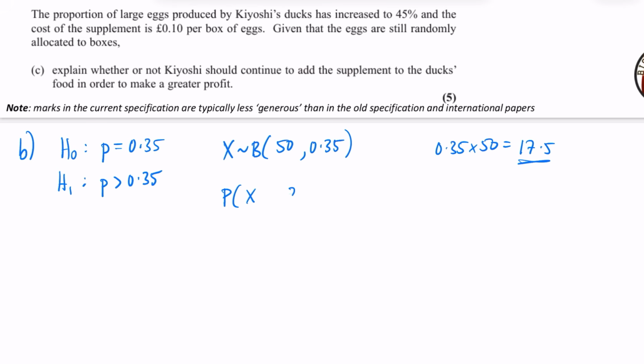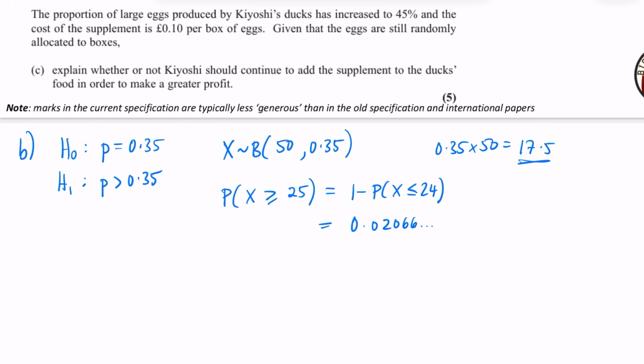So the probability when he saw that 25 of them are large, well, the inequality sign is going to be that or more extreme. And more extreme is saying it's further away from the 17.5, so anything bigger than 17.5 is considered more extreme. So we're going to say, what's the probability that x is greater than or equal to 25? If you don't have the graphics calculator, you will do 1 minus the probability that x is less than or equal to 24. But I think I can do that on my calculator straight away. So I'm going to do my greater than or equal to 25, 50 eggs at 0.35. And the probability is